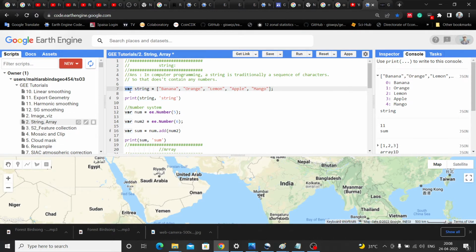Var is the variable keyword, and you must include the word var in each individual line of JavaScript-based GEE code. Like this is a line of code where I use var. This is another line of JavaScript GEE code where I use var. So in every single line of code you need to define the term var.